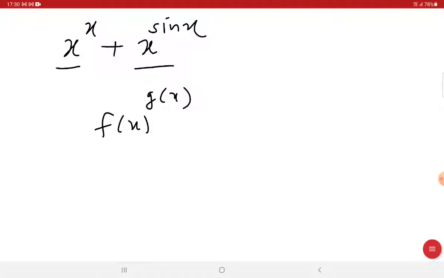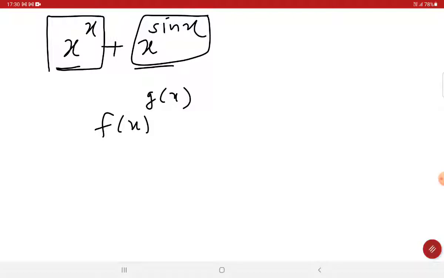In such case, we have to differentiate each function separately and find the derivative. Okay, so let us take